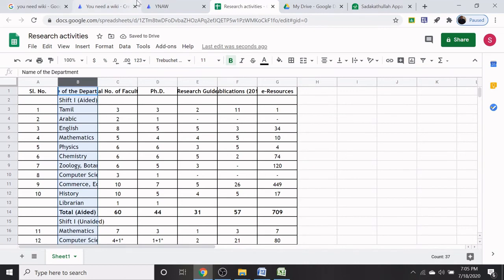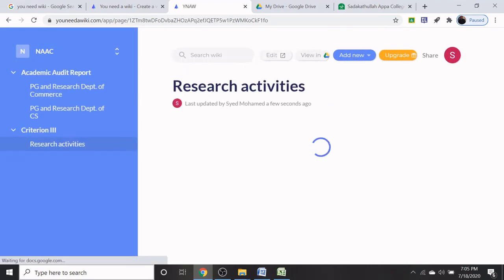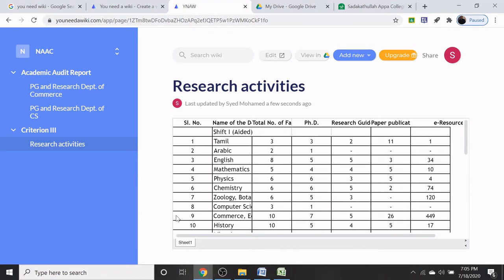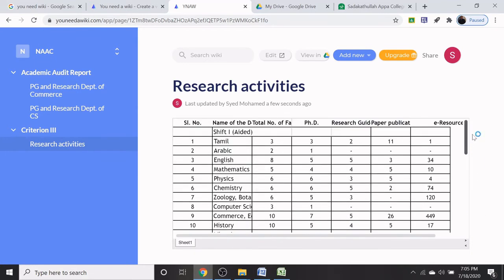Now I just close this sheet. Once again I am refreshing the wiki page. Now the sheet will appear in the wiki page.